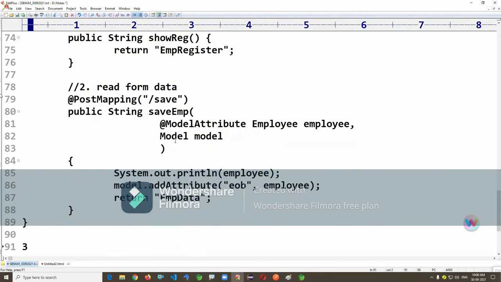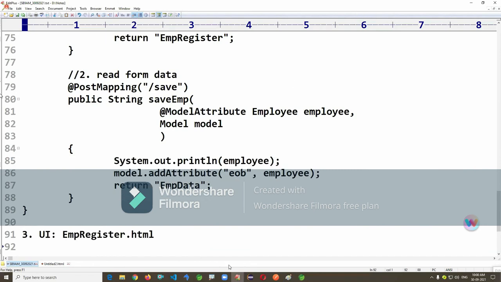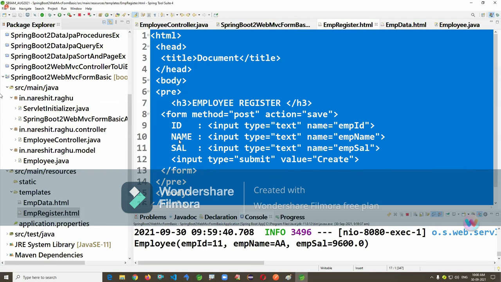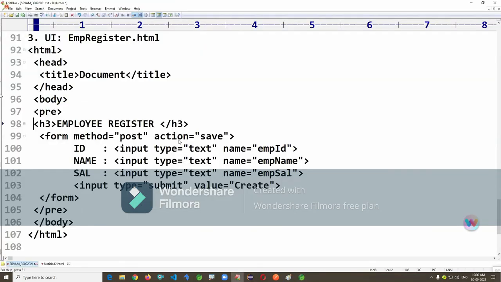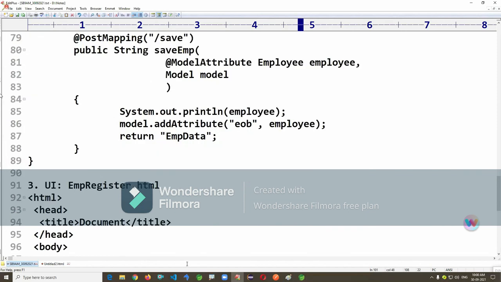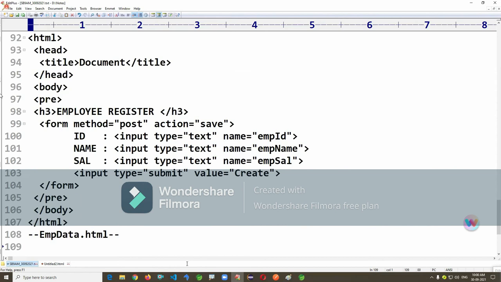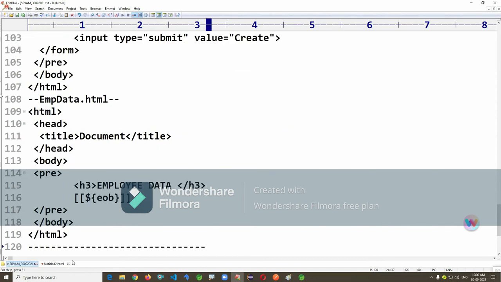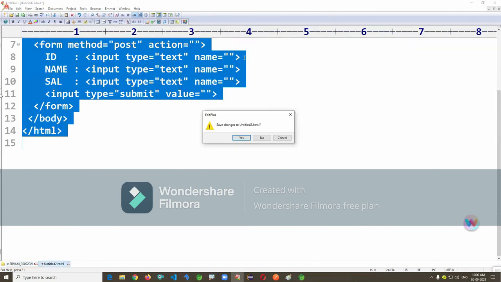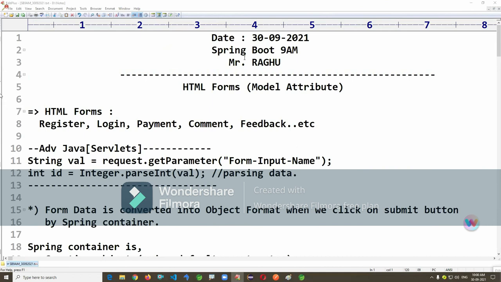Employee register.html. See the code you have to write here. What I am going to display is the username you are typing. And the data page is to simply print the output. So I can design this form here itself, I can put it, but I have made it a separate HTML file. So this is a basic example here: username, and another is for the password. Can you see this one, or is the font very small?